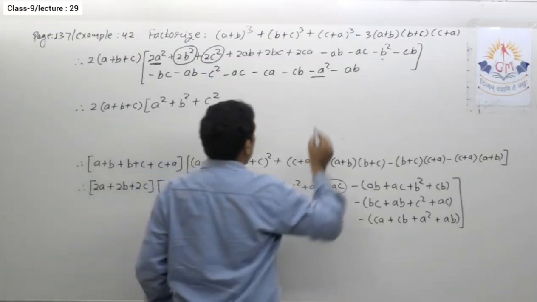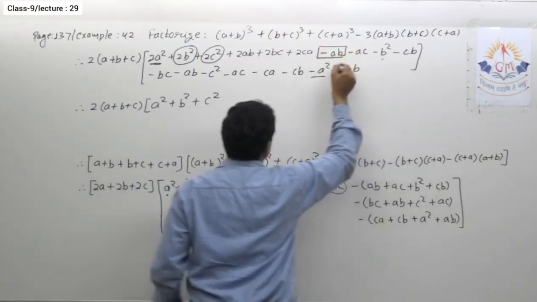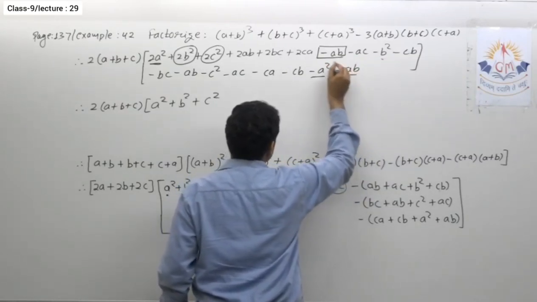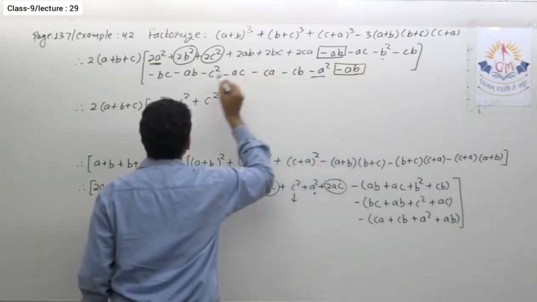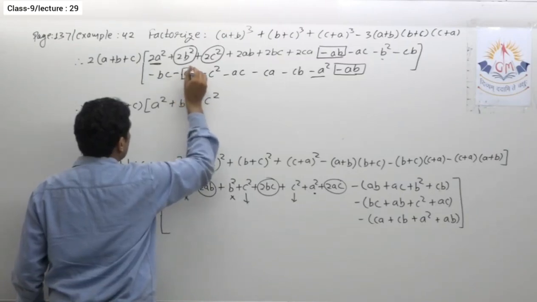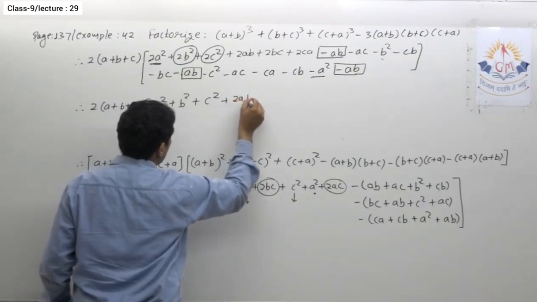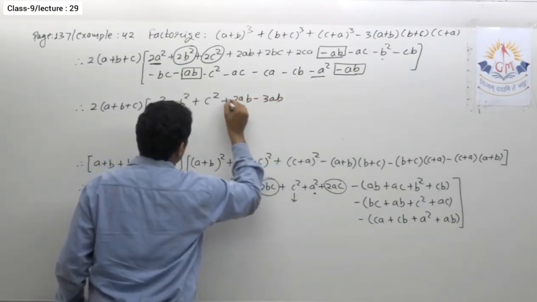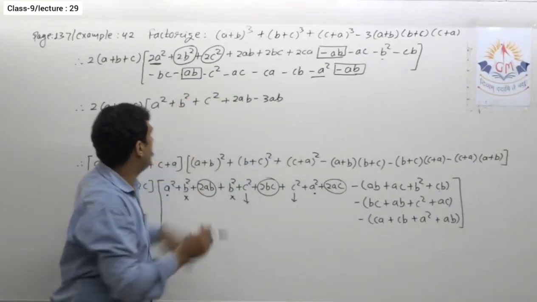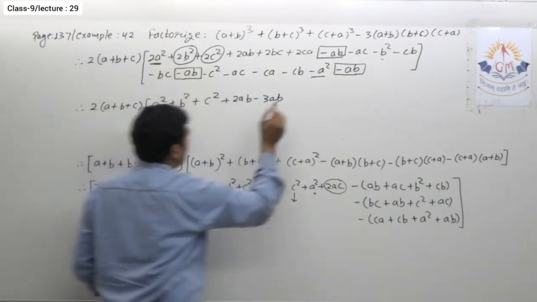Now we'll see the terms like this ab. So here I have 2ab and this is minus ab. Okay, this is minus ab. This is again minus ab, isn't it? This is again minus ab. And this is again minus ab. So with plus 2ab I have 3 times minus ab. Okay, so I can write here 2ab minus 3ab. Although I can write directly the answer, I took minus ab 3 times, and with plus 2ab I wrote this.